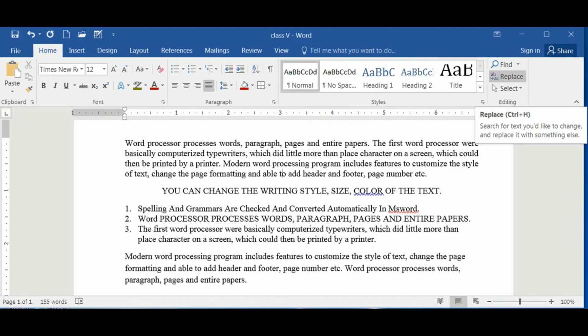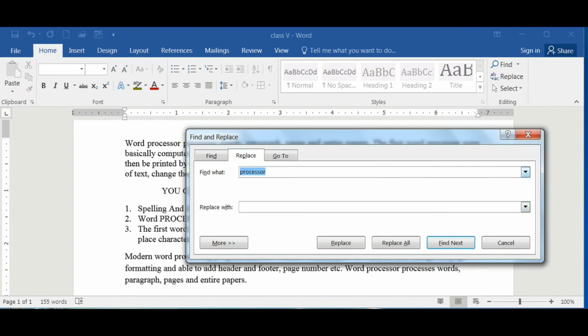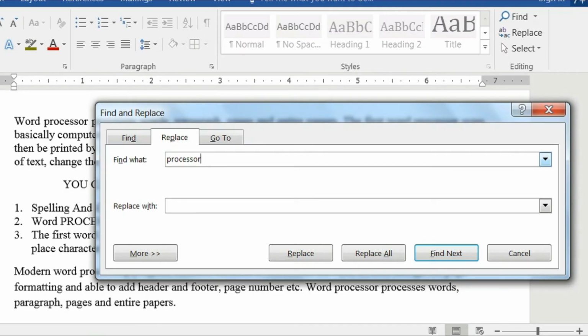What is meant by replace? For that, it's the word itself. If you want to replace the word processor with anything else, for example, I want to replace the processor with another word.